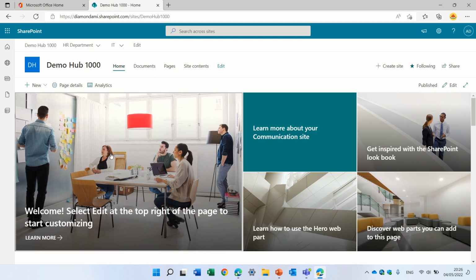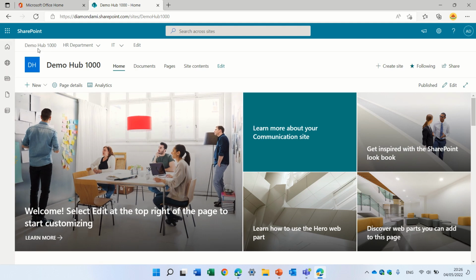So you see, this is a communication site, which is also a hub site. So the hub site has also the navigation here. And we also have the site navigation, which has the title and the navigation. So assuming we want to hide both the navigation and the title and remain only with this, so let's see